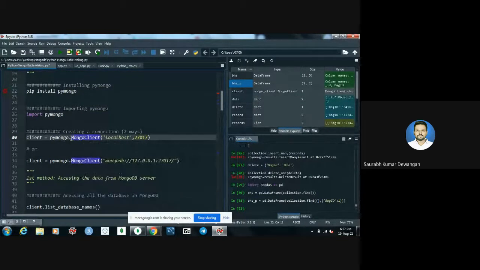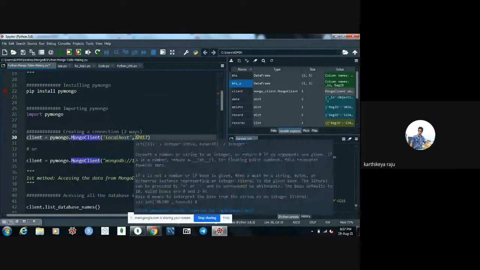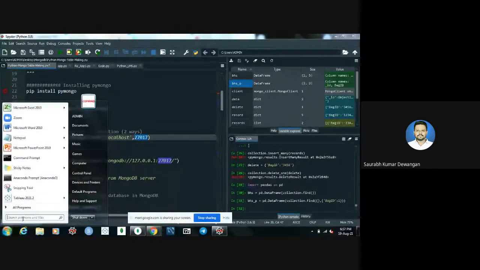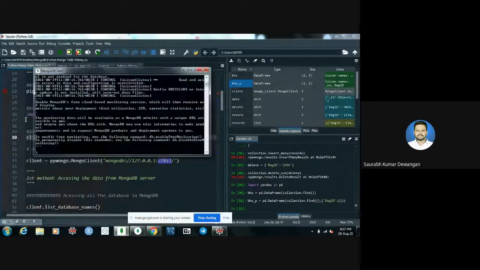Sir, what is 27017? It is the port, and localhost is your server IP. I will show you how you can get that. First you need to have the MongoDB server installed on your local machine. Then you go to the MongoDB shell.